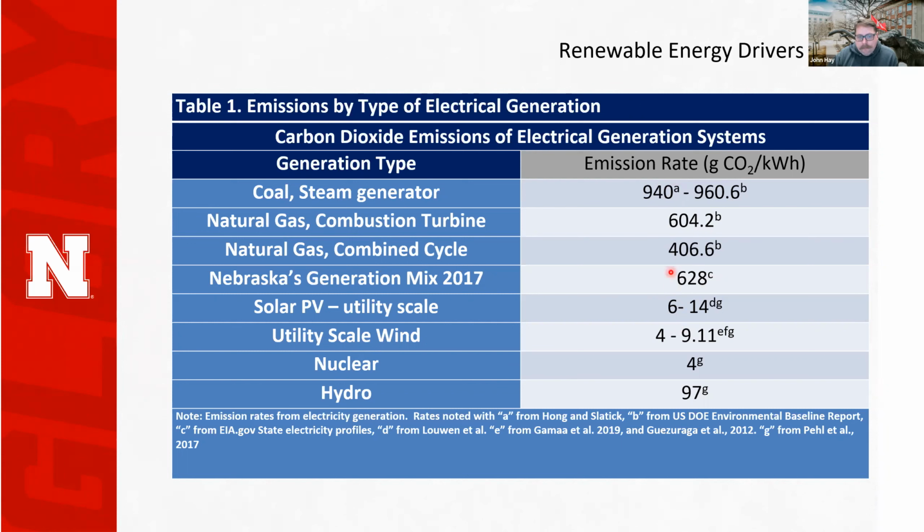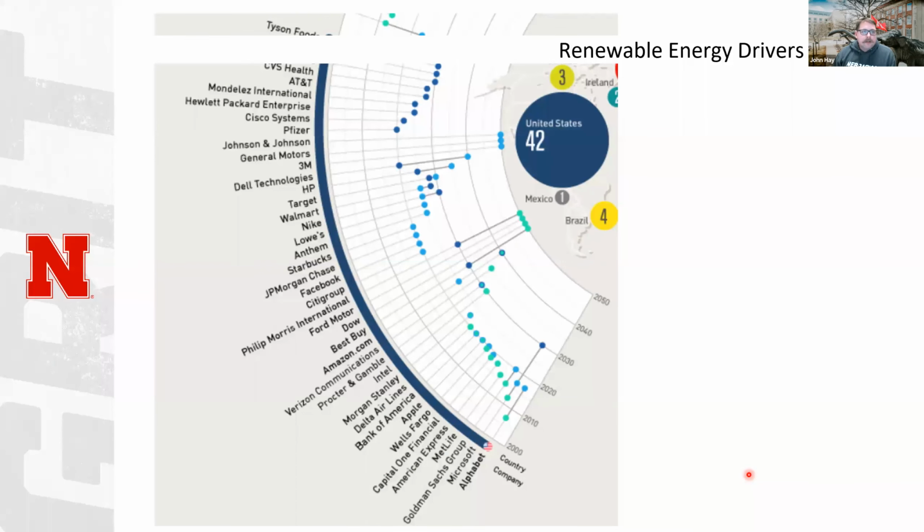I'm charging it from a mix, and we're at 628 grams of CO2 per kilowatt hour. So wind and solar can drive down our emissions, and watch is if that is of interest, of course, so can nuclear and hydro. If that is of interest to a state and makes rules accordingly, that can be some of the driving influence. The last important one, and I can get done with my comments so we can go to more questions, but the